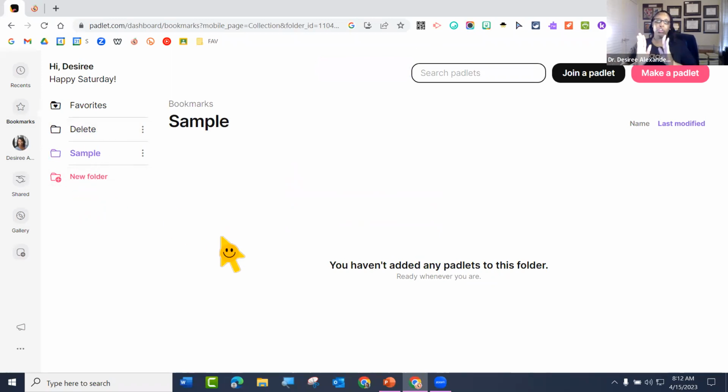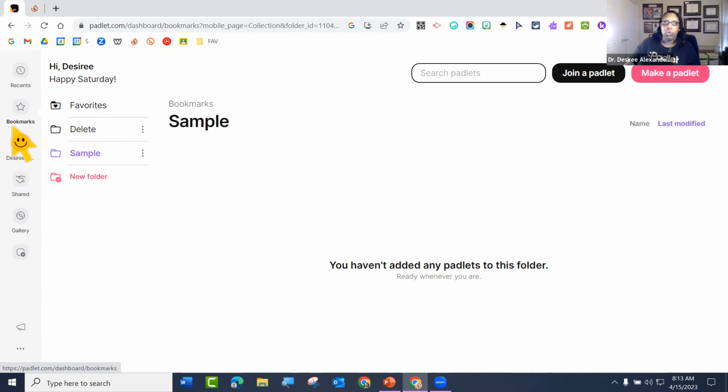Now, if you are going to want to organize your bookmarks into favorites, I do suggest coming here first and building your folders. It's just going to make things a little bit easier. So when you click on the bookmark button, you can put it in a folder that already exists. Not a big deal, but that's just what I suggest for organization. And of course, you can organize this by class period. You can organize this by subject that you teach, because I know a lot of us have multiple preps, things like that. It can even be organized by holidays, by what are those reasons that you would use Padlet?